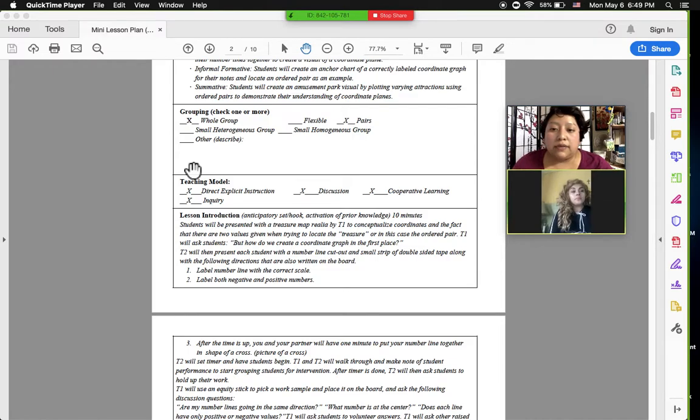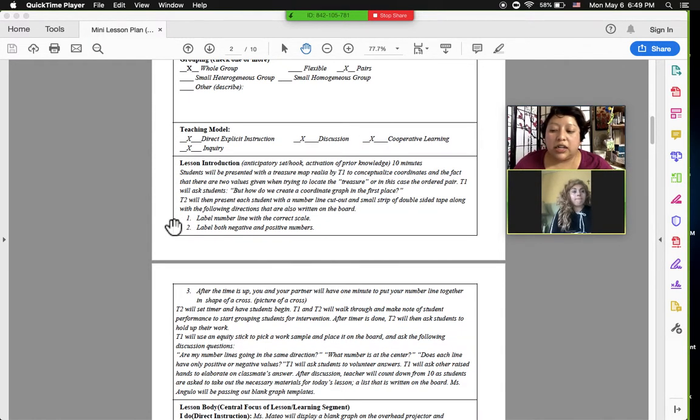Not only to give direct instruction, but also to make sure that there is a collaborative sense of learning in the lesson. Okay. And finally, for the teaching model, I think there's varying degrees of instruction, both from the teacher but also from each other. So there's direct explicit instruction during the I do portion of the lesson. There's a discussion that is being implemented by the teachers as well, and cooperative learning is more of them working